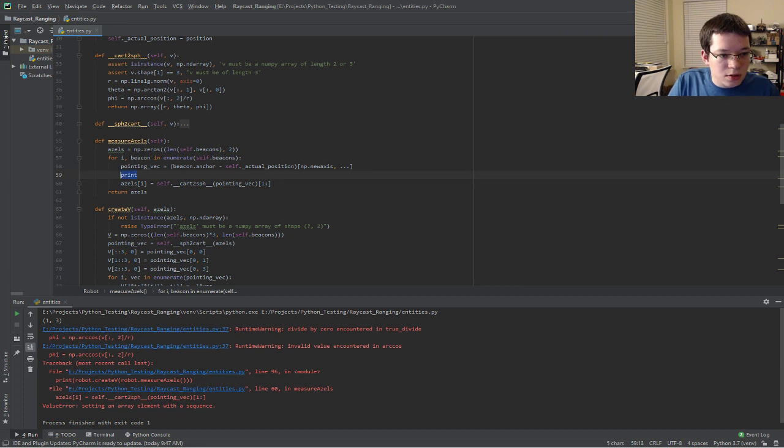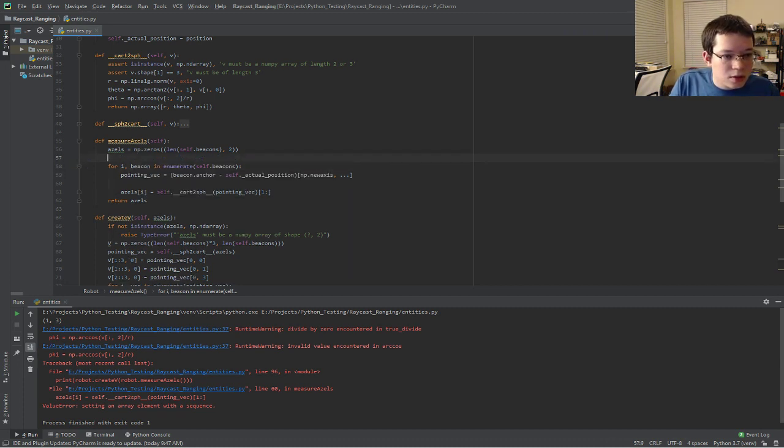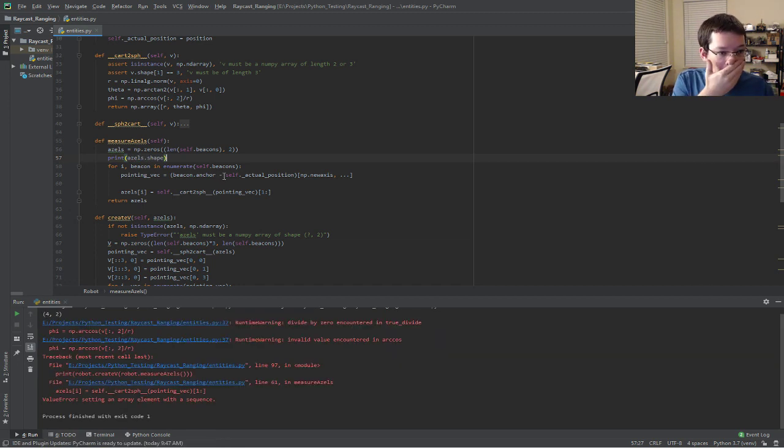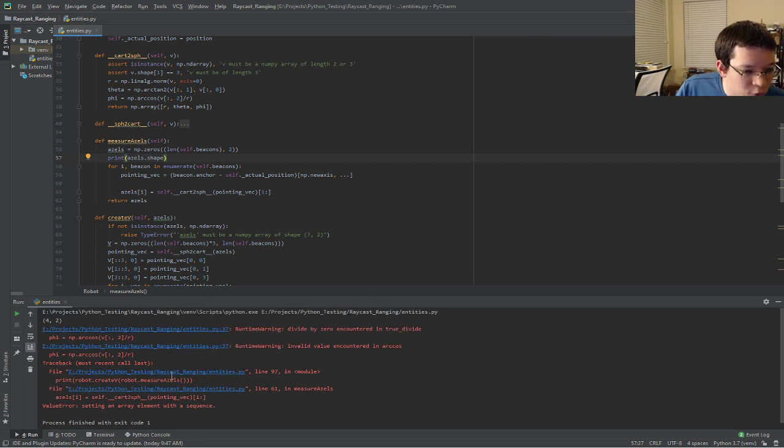Print as dot shape. 4 by 2. Why is it by 2? Because this one needs to be by